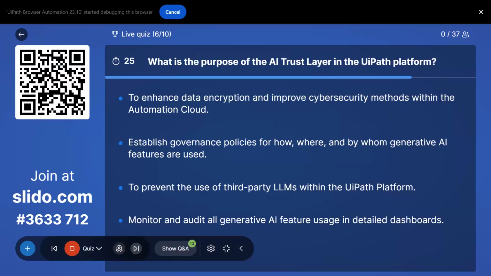Something which we touched upon in the beginning of the session, just given a very brief overview. So what do you think AI trust layer does in the UiPath platform?